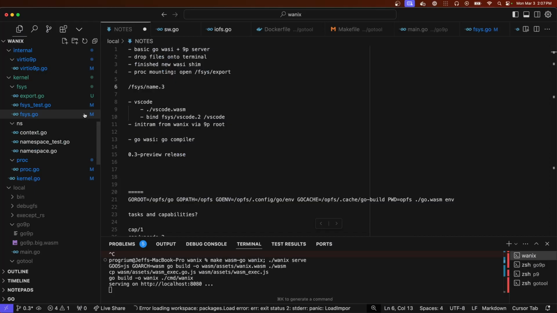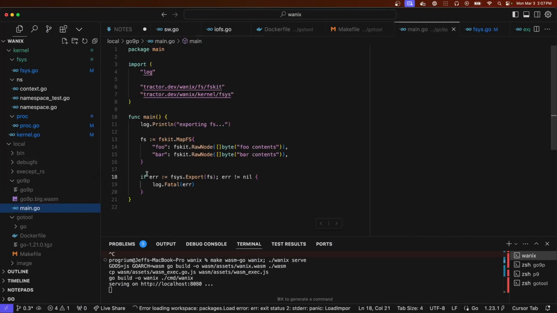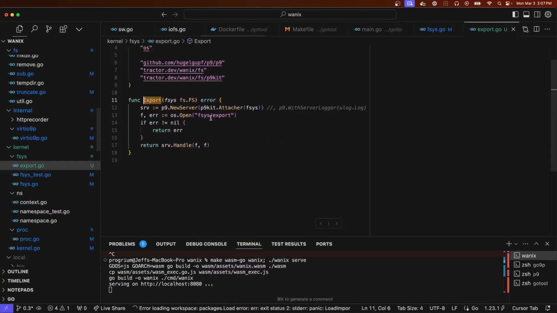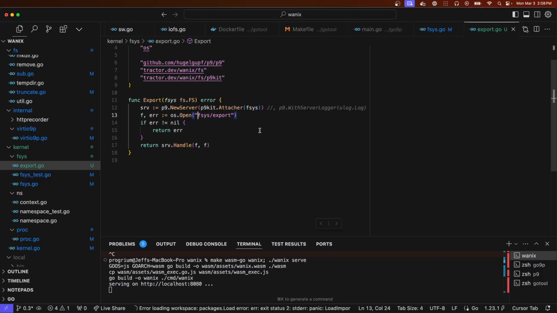So this is the source to that program, and I made this little helper here. And so here's the open. And so we could try changing this to maybe something like that.